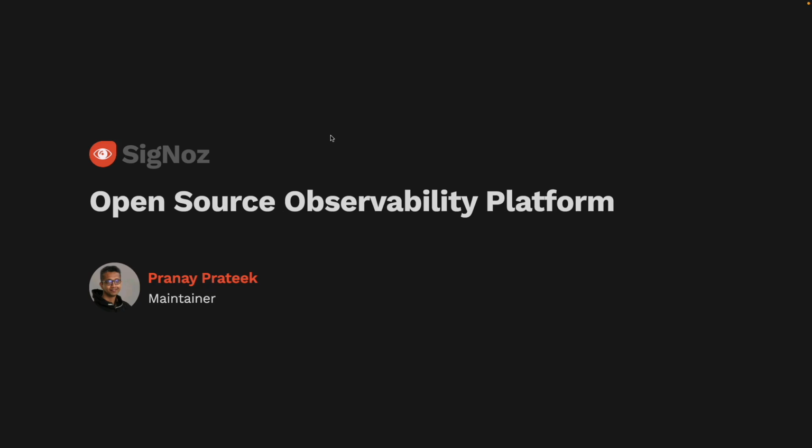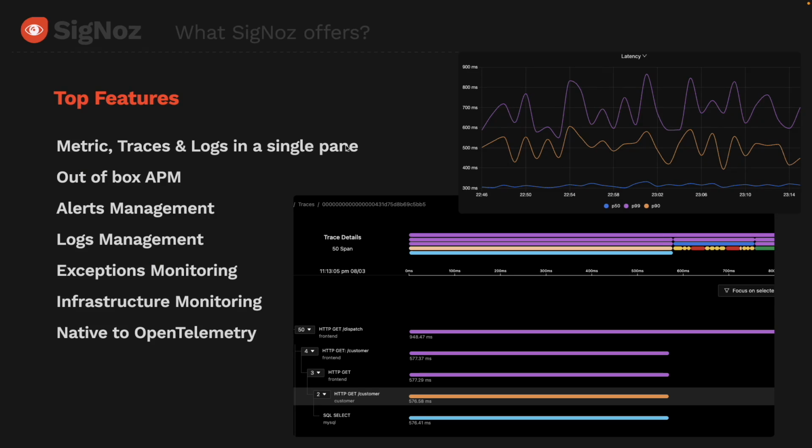SigNoz is an open source observability platform. We help developers monitor applications and troubleshoot problems. Some of the top features SigNoz has is having all the metrics, traces, and logs in a single plane. This helps you correlate across different signals and deliver insights much faster, which in turn helps you solve any